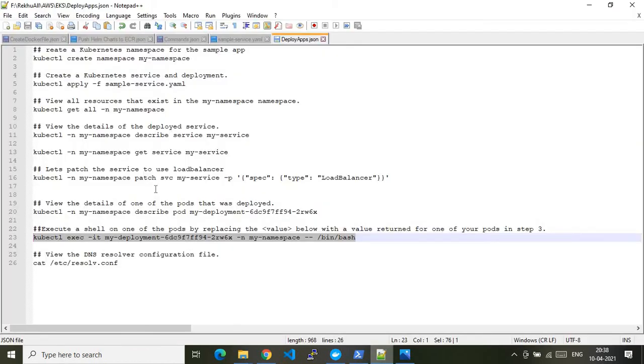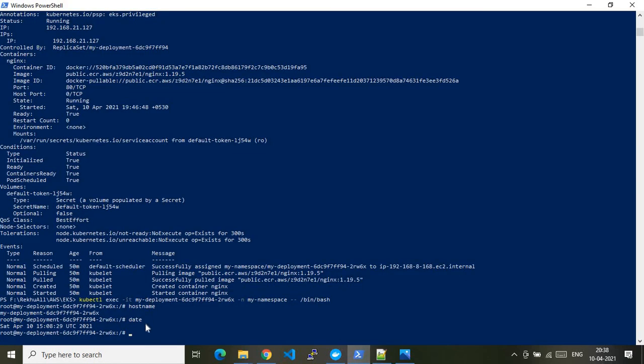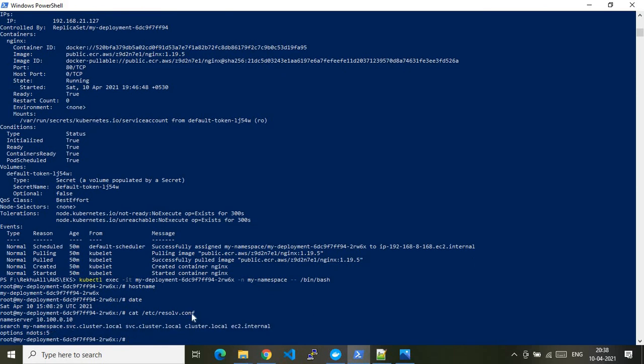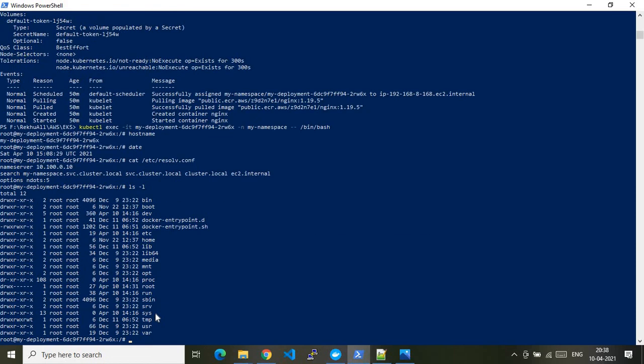Now inside this pod, let's say I just want to cat a file. A pod is a kind of Linux host, a Linux server. Now do a cat. Here you go, there's a file inside that pod in this folder structure. Let me do ls -l.